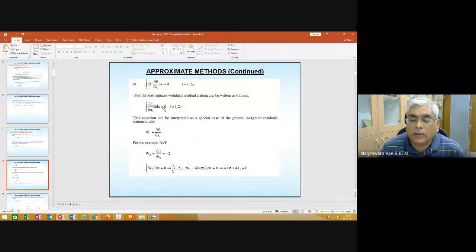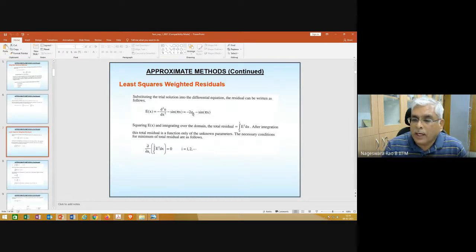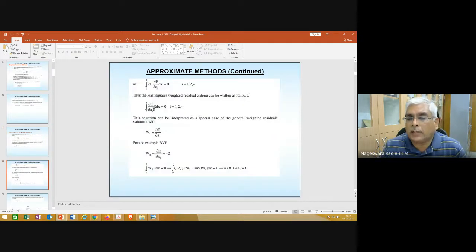In addition to the essential boundary condition, you need to make your trial solution admissible, whatever essential boundary condition you have, and proceed in this manner, and then define your domain residual. And in addition, you need to define the boundary residual. The domain residual is denoted with E subscript D, and the boundary residual is denoted with E subscript B. And then you can proceed in this way. The only thing is that this equation changes to this form,